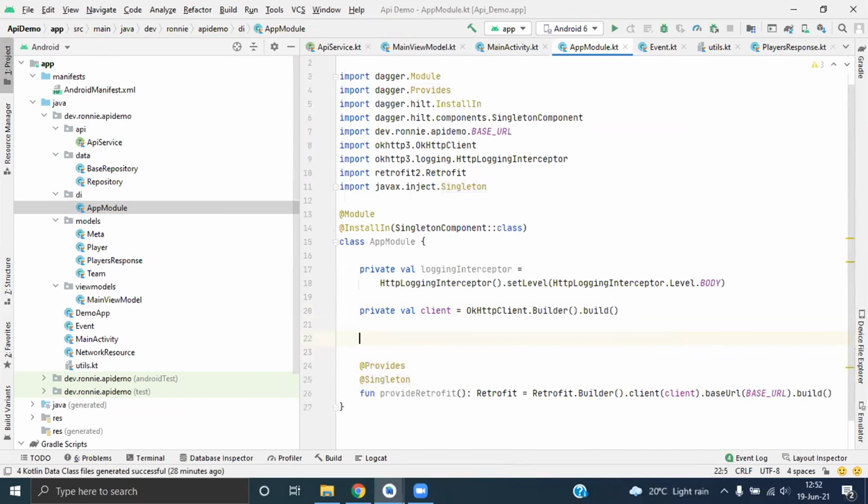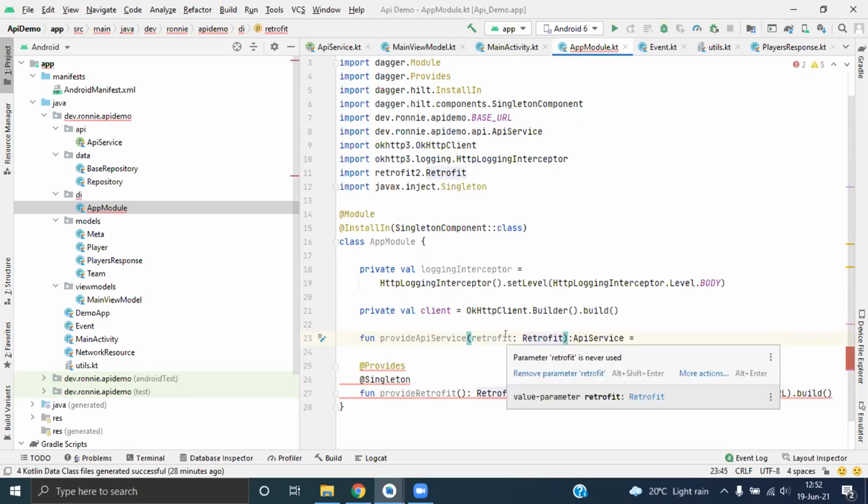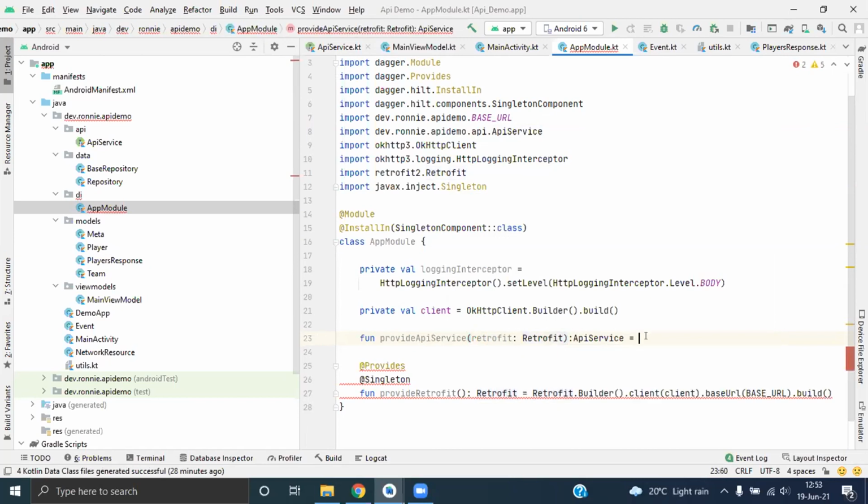And now let's make the API service fun provide. We need to pass Retrofit here. So this will get a Retrofit that has been made by Hilt. We don't need to pass it ourselves. That's pretty normal.